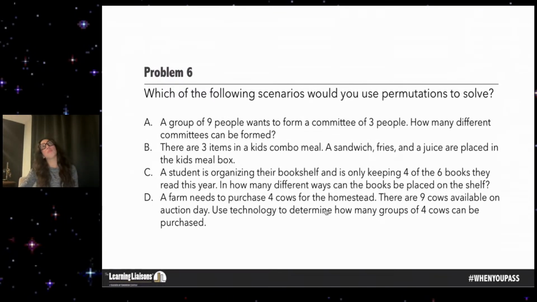So the difference between permutations and combinations, a permutation refers to an arrangement